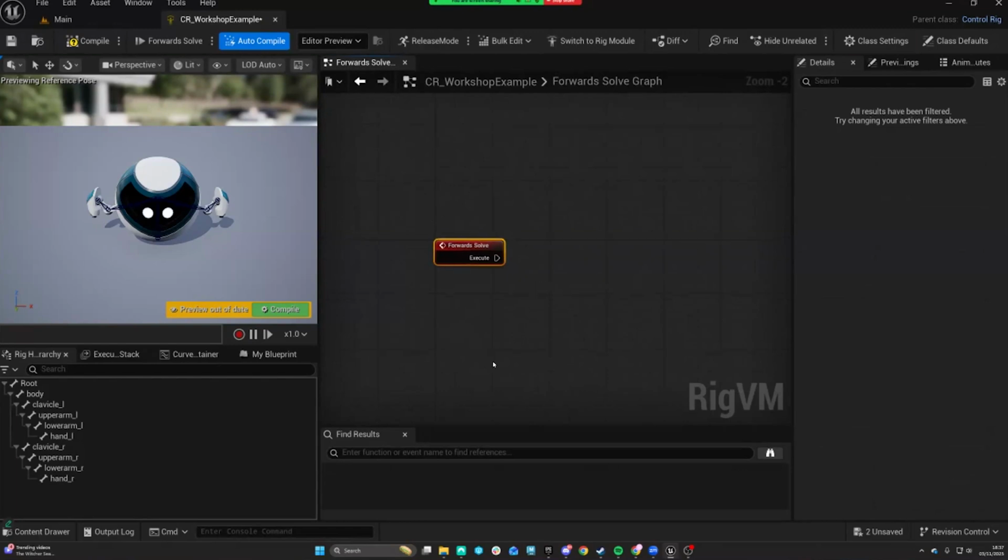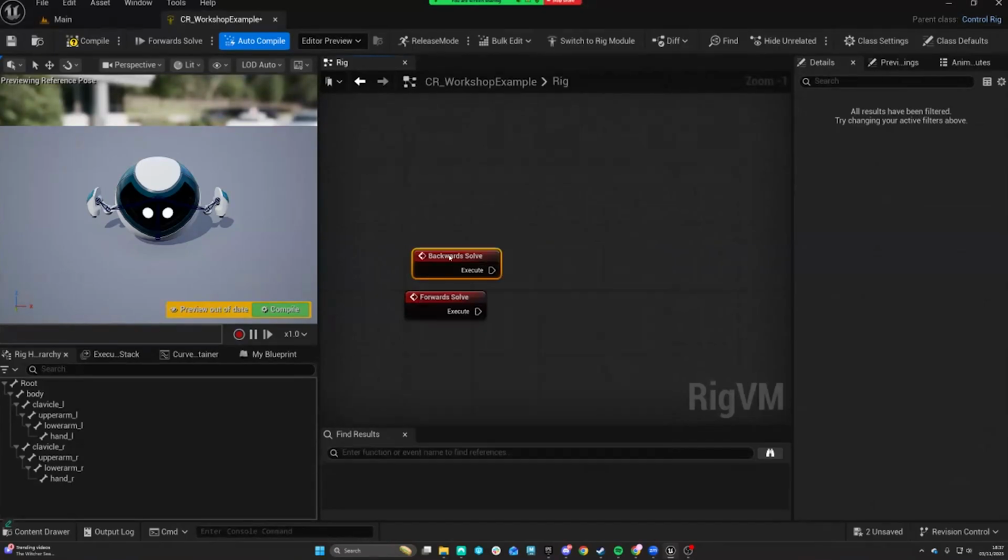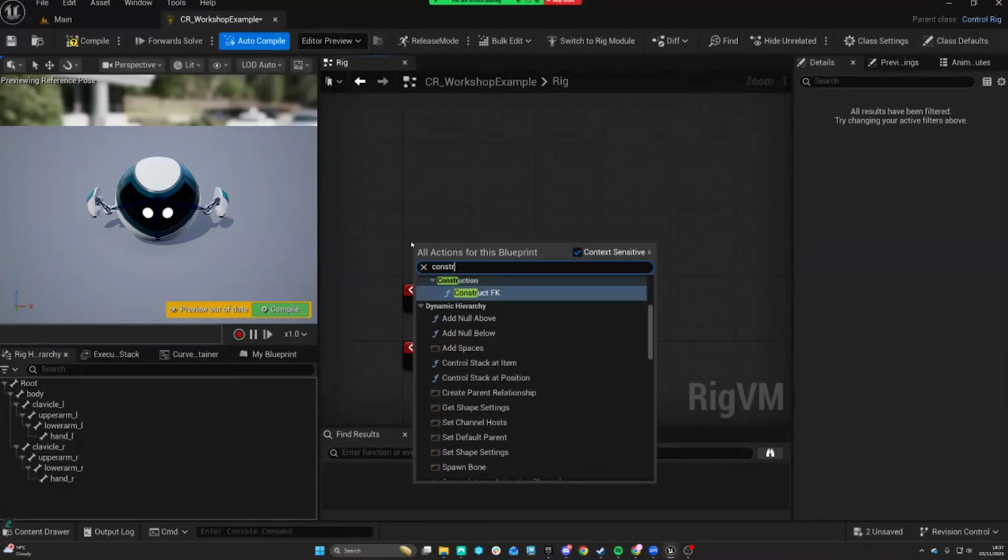And we have our forward solve here, which is the typical event that you'd expect in a normal rig where the controls drive the bones, right? We also have other events like the backward solve, where the bones would drive the controls, right? And you could use this to bake, for example, mocap data back to your control rig. And then we also have something like a construction event,